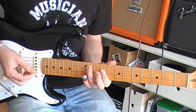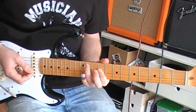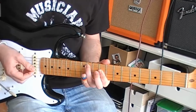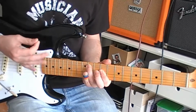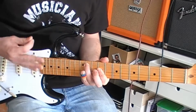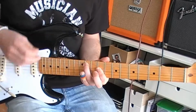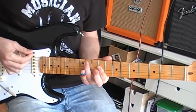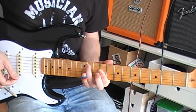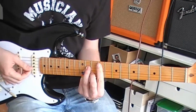This whole progression is less for a band scenario, and you'd probably play it differently in a group, but this is more for just the guy playing alone at home, or maybe you're the only guitar player in a trio. Okay, so that's our first chord, an E major. Our second chord is just going to be a standard